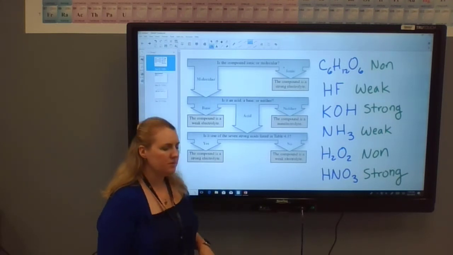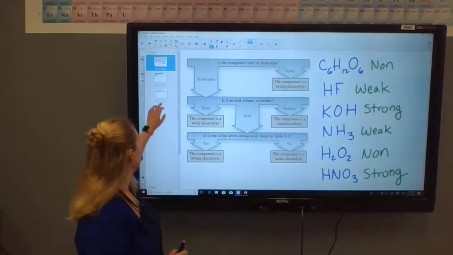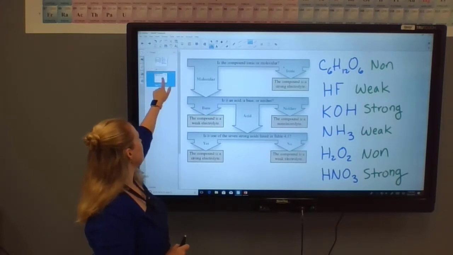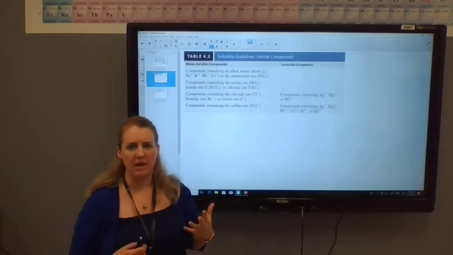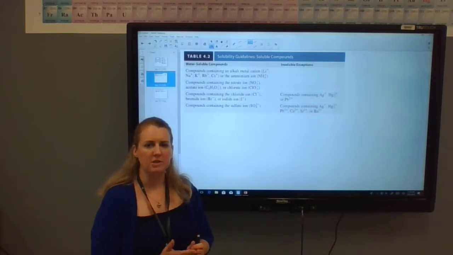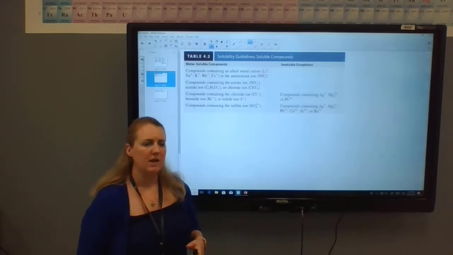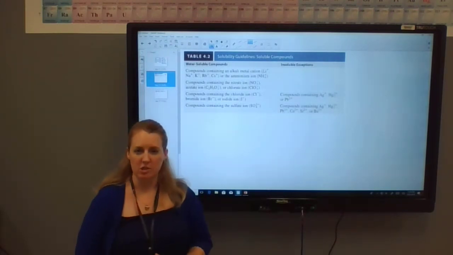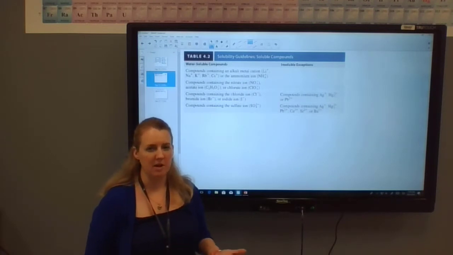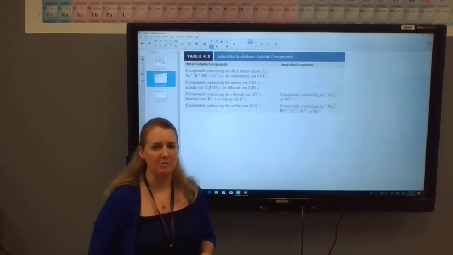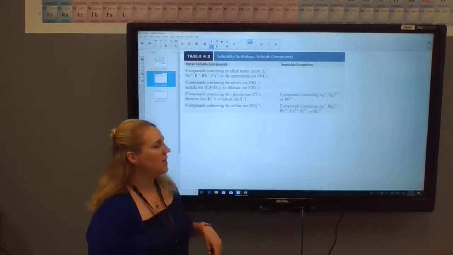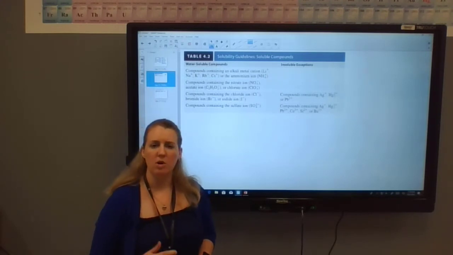All right, so moving on. Next thing we can talk about with solutions is whether or not they are soluble. Some compounds are soluble in solutions, some are not. So in the last example, we were automatically assuming they were soluble, but they might not be soluble. Some ionic compounds are not soluble. And this table, this is table 4.2 in your textbook, will help you to determine whether or not an ionic